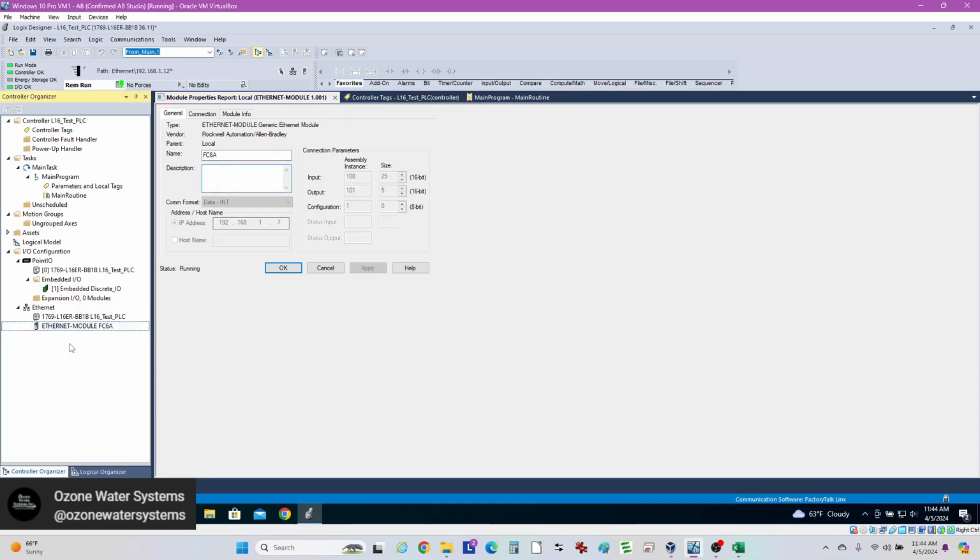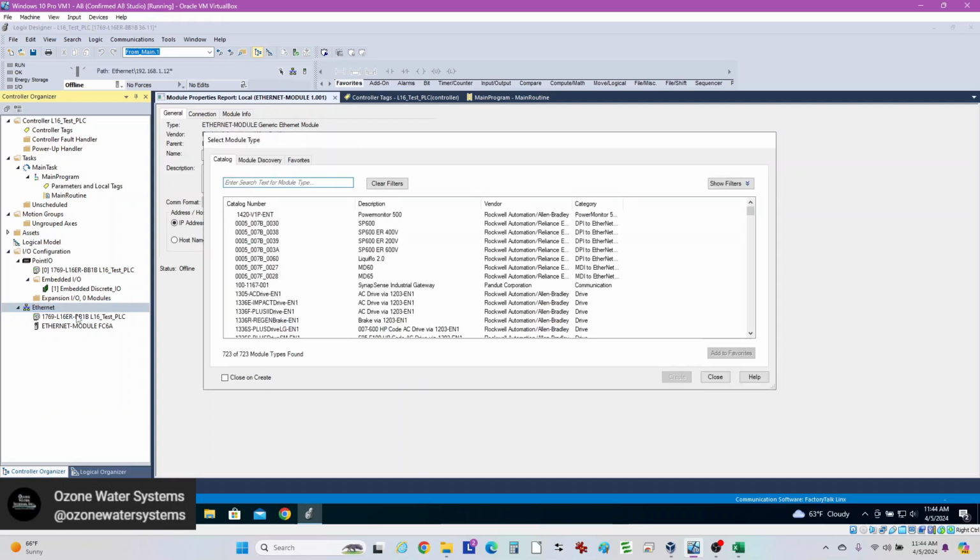I'll just leave this connection there. We'll go offline. You do need to be offline to create the new connection. So let's say this was not here. You right click on your Ethernet and you click New Module. And we're just going to create a generic Ethernet module. So you can just type Ethernet module